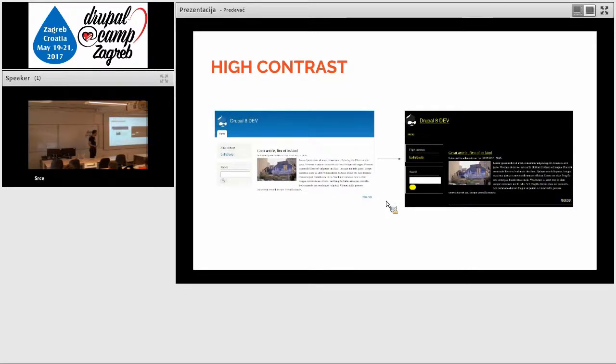And it looks something like this. So here you have high contrast, enable, disable, and if you click enable, this is actually the way this page is shown. So it's really for the people who are colorblind, and these contrast ratios are really high, and they can really see the page very